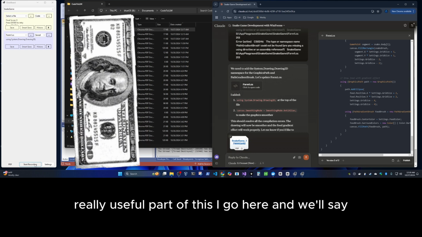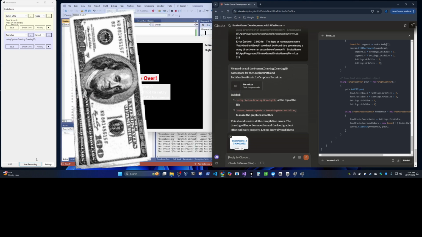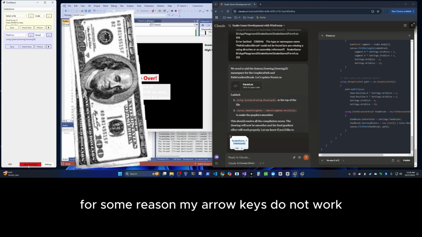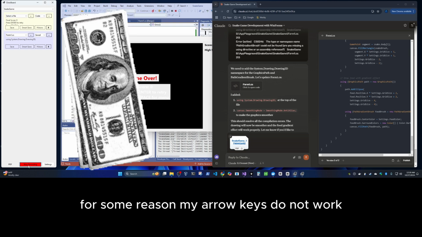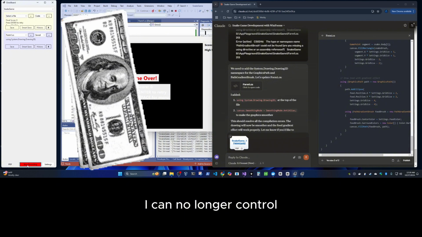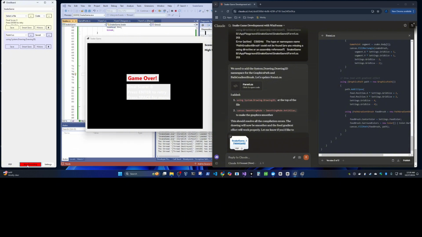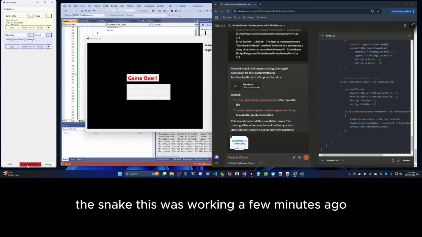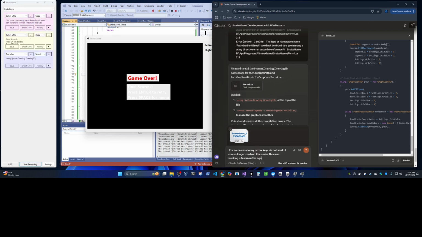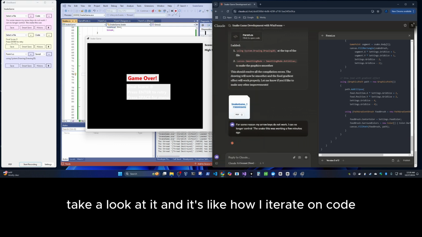I go here and we'll say, for some reason my arrow keys do not work. I can no longer control the snake. This was working a few minutes ago. Take a look at it.